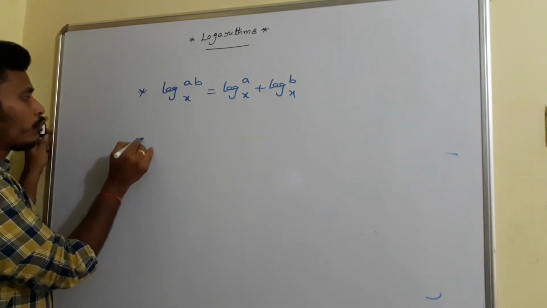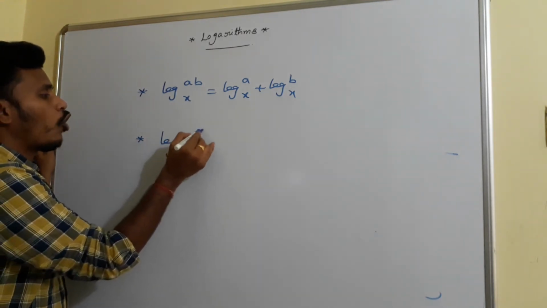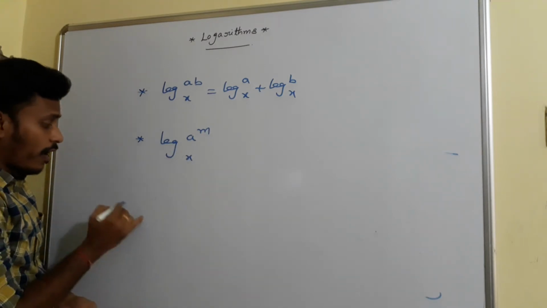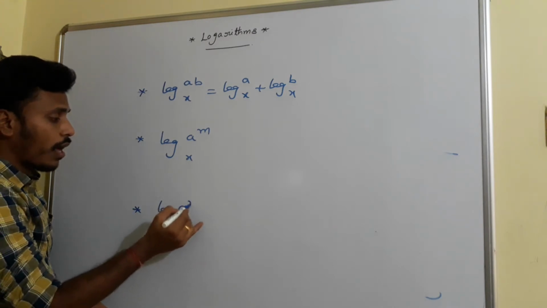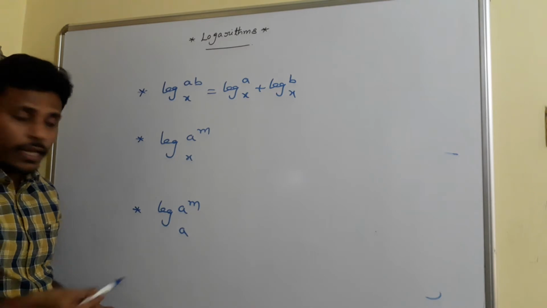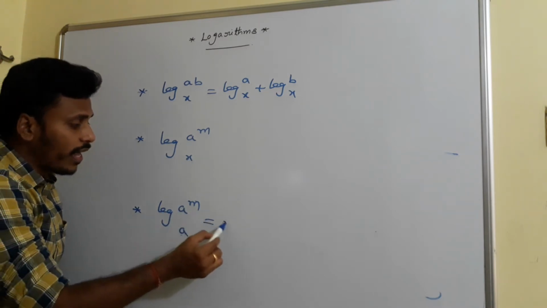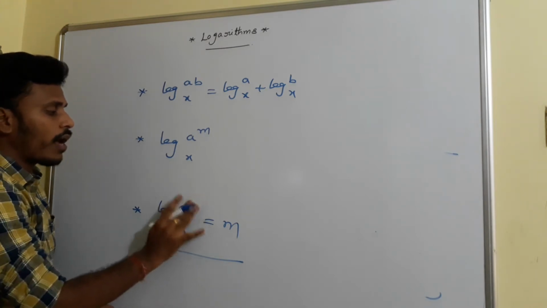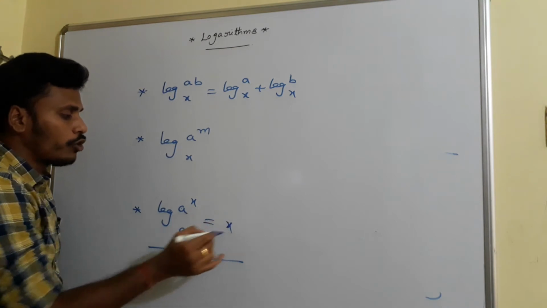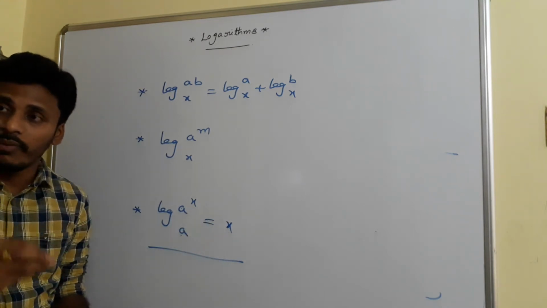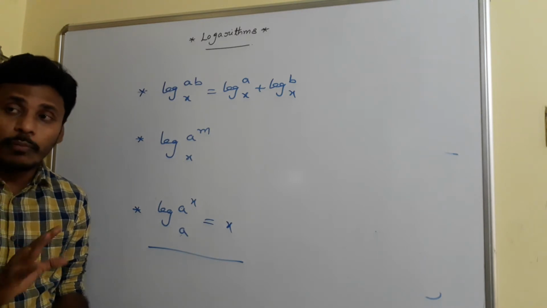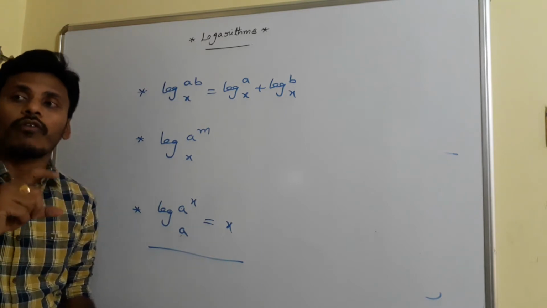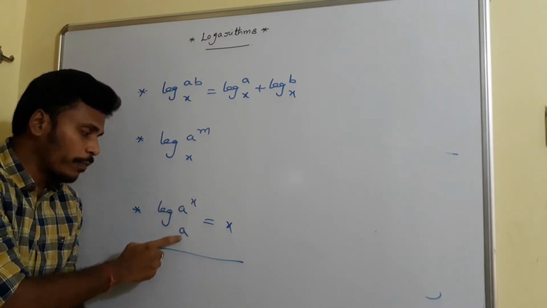Right? Now what I am going to do is, I need to calculate the value of logarithm of a power m base x. Just observe here. We have another law at the second point of the logarithm, that logarithm of a power m base a is given as m actually. Since a and a are the same, you will write it as m. But instead of m, I already mentioned x. No problem. You just don't bother about the names, either a or b or x or m. Don't think about the variables. You need to concentrate on the format of the logarithm. Here it is logarithm of a power x base a, and that is x.